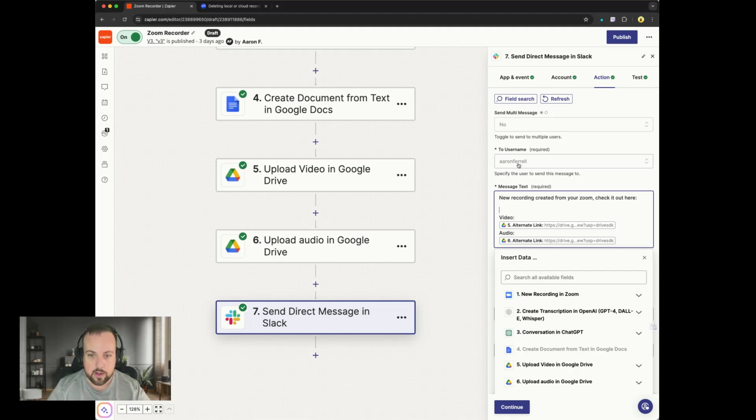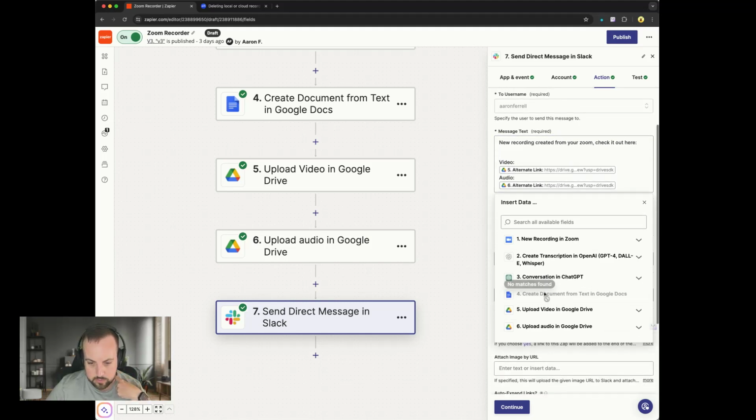But I kind of like the fact that it's going to DM me, so it doesn't put a bunch of noise in a channel. But then I've set it up here when it does send me a message to go ahead and send me the recording, and also a recording summary rather. And then after that, give me the link directly to the Google Drive with the video and the audio. So here we're going to want to take, let's see,